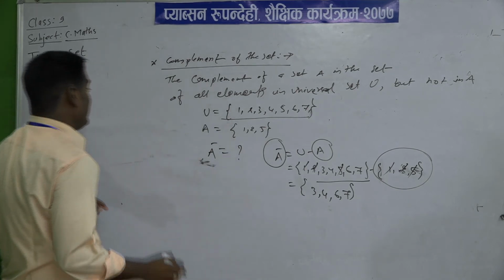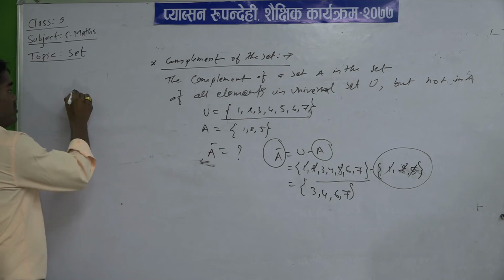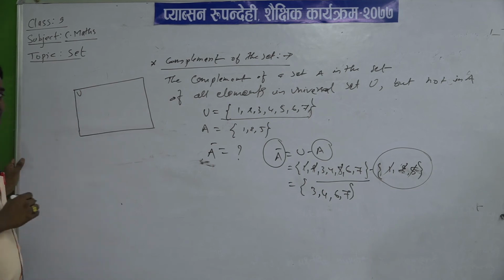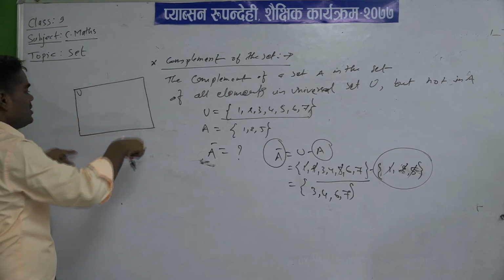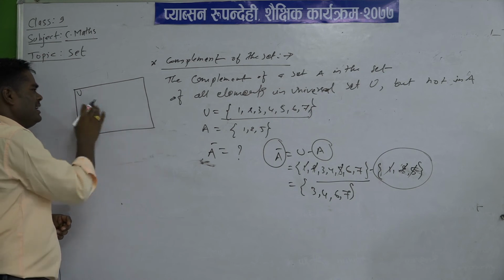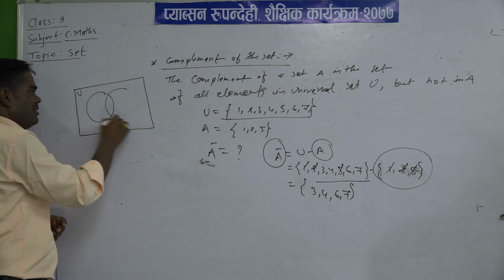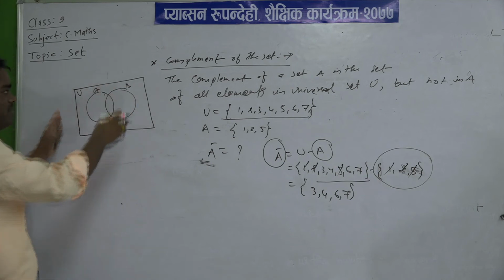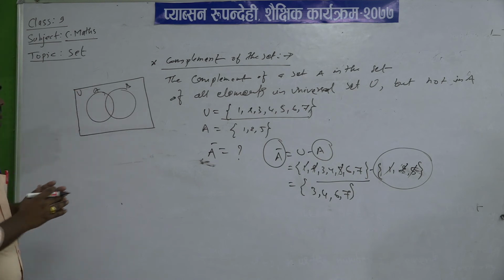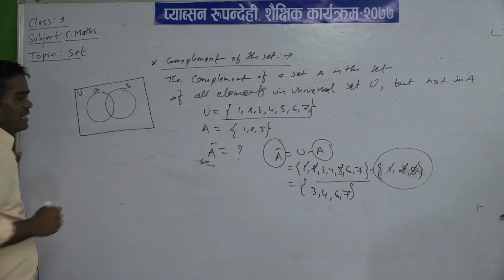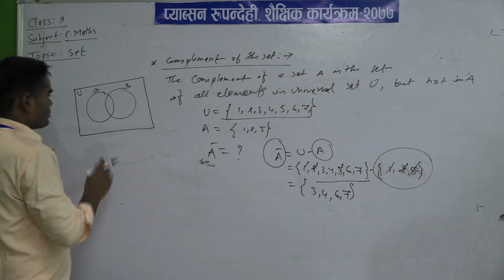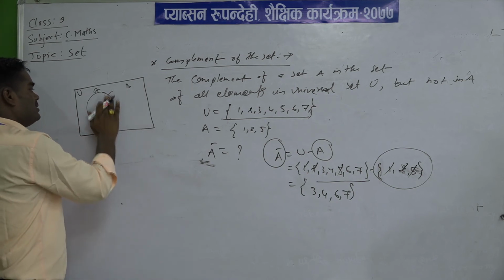You know that the universal set is denoted by a rectangular block, and here you will write U. Universal set means whatever sets and subsets are there, all the subsets are lying in here. The universal set is the biggest set, and all the possible subsets lie there. This is also known as a Venn diagram. To draw this picture, first you have to draw set A.